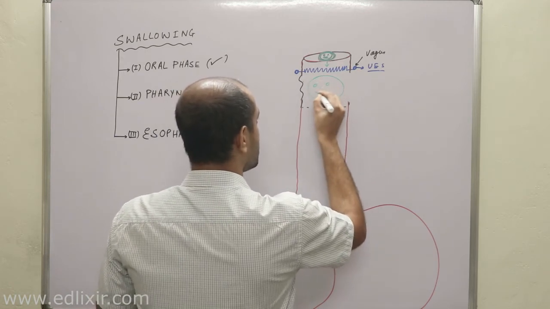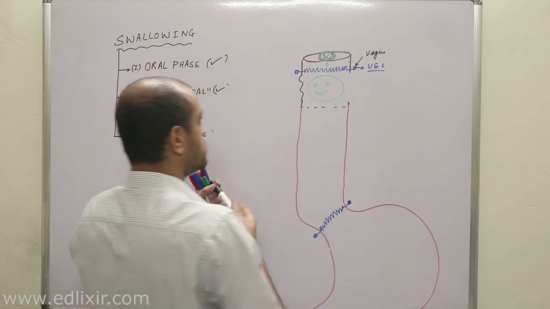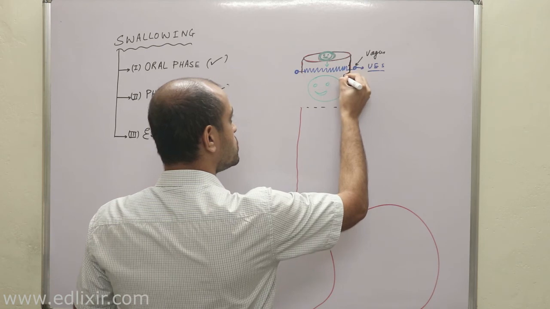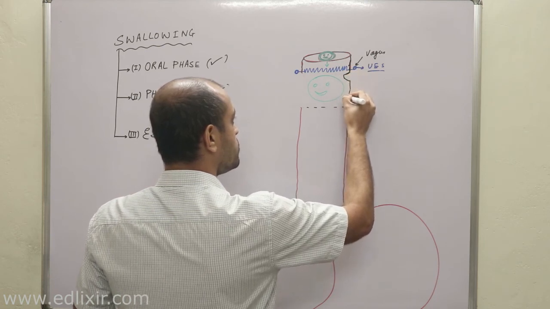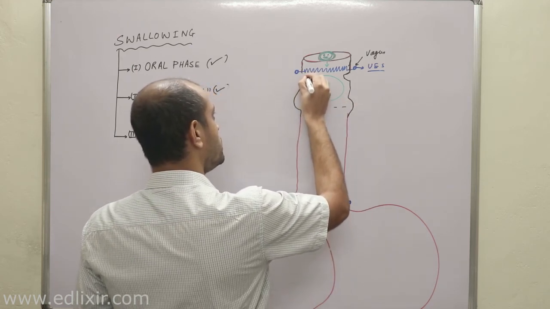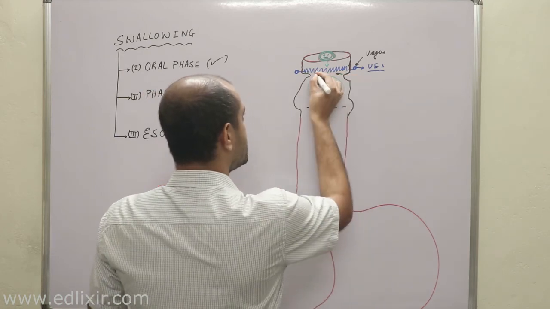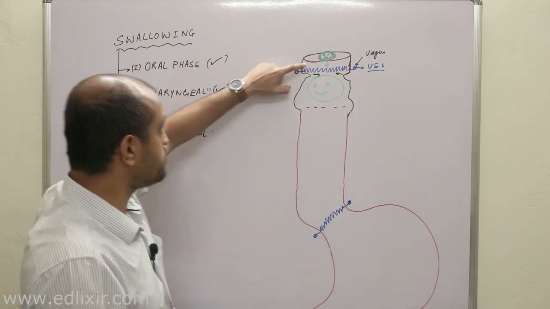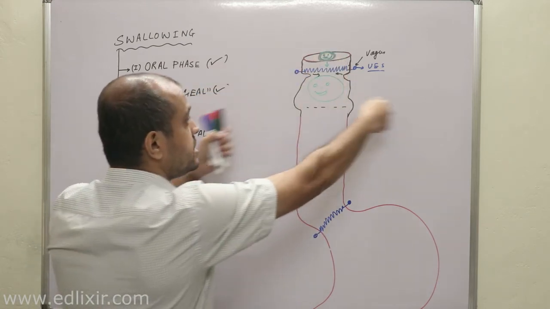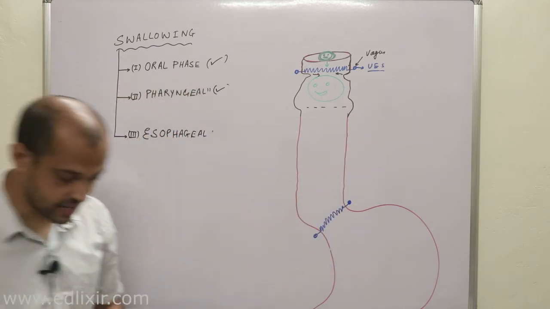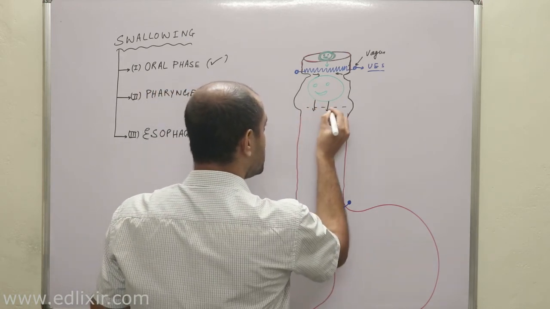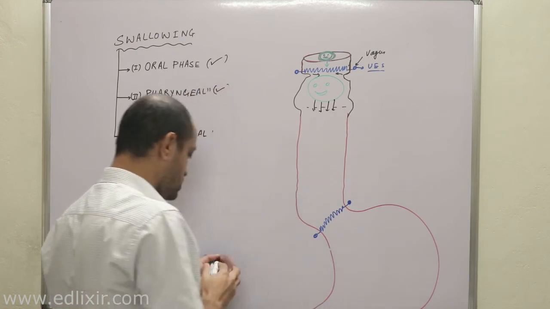Present. Okay. Now, the portion where food particle is present should contract, and the portion where food particles will go, they will relax, right? The place from where the food particle has come will contract, and the place where the food particles will go will relax, right? Why this is happening, we already know: because of the enteric nervous system, myenteric plexuses. Okay. Now again, with the help of this alternate contraction and relaxation, this bolus will